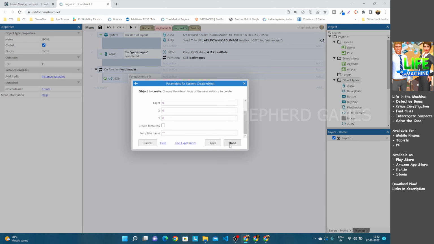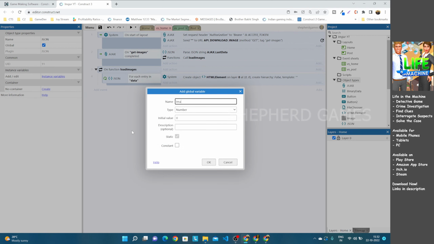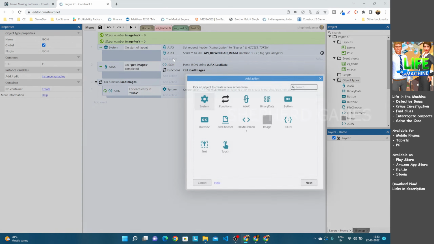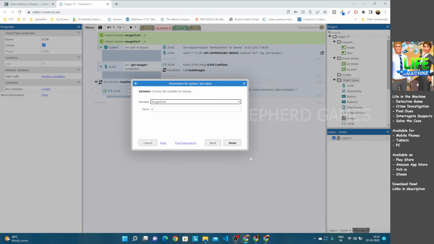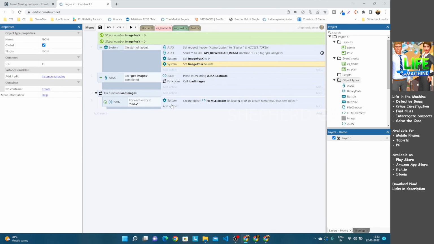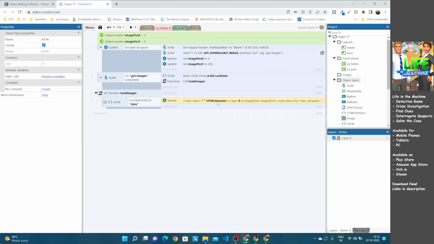Okay, let's create the x and y values: image position x and image position y. So initially the image position x will be 0 and y position will be 200. Okay, so when it keeps incrementing, we just need to create it in the next position. So let's put the x value to image position of x, image position of y. Okay, so at the time of creating the second one,